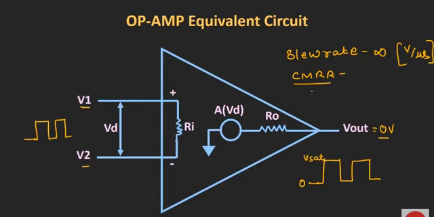So this common mode rejection ratio basically defines how well the op-amp is able to reject the common input voltages that are applied to both its input terminals, and how well it is able to amplify the difference between the two voltages, and it is generally defined as the ratio of differential gain divided by the common mode gain. So for the ideal op-amp, the value of this common mode rejection ratio should be equal to infinity.